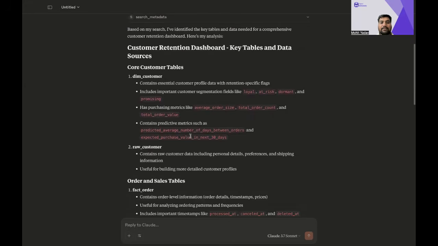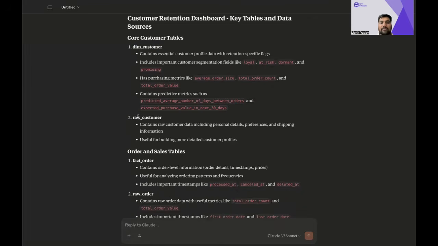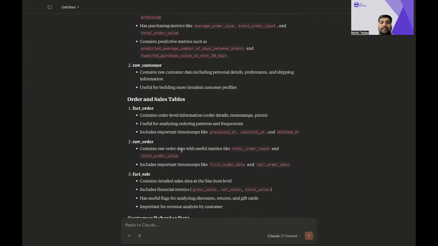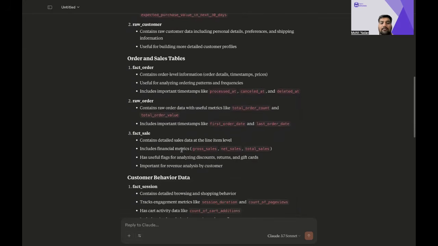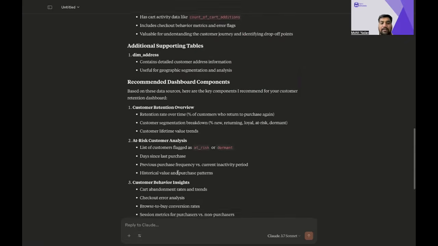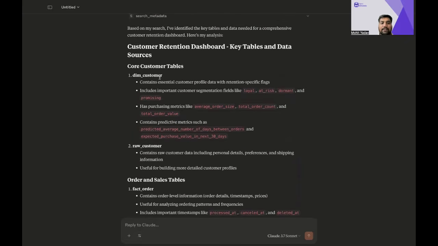And then after that, it gets the core tables that might give the right kind of information to build that dashboard. For example, dim customer is one such table, and raw customer is also one such table. These can be joined with orders and sales tables to get the required information needed to build that. But for now, let's say I'm more interested in this dim customers table. So what I'm going to do is ask, this sounds interesting, can you tell me more about it and